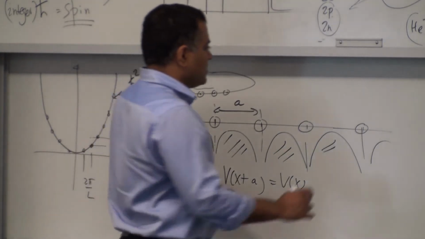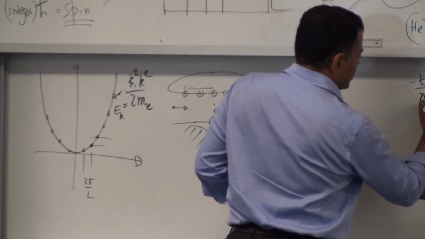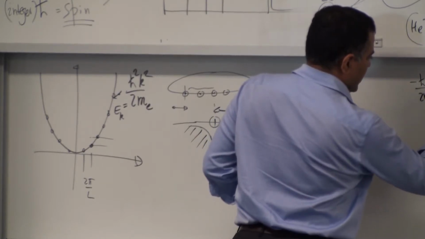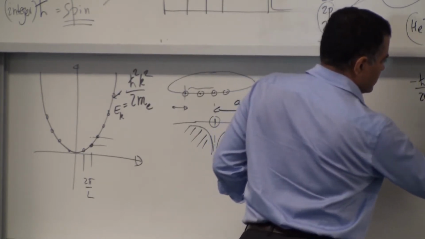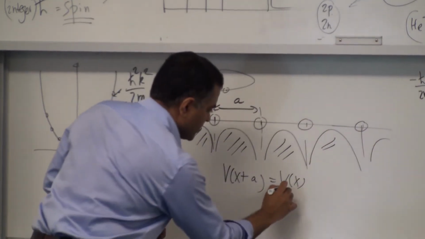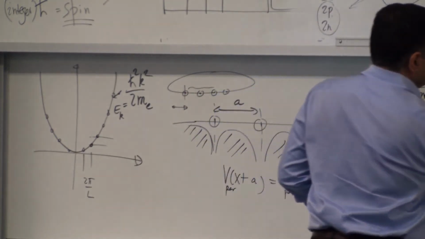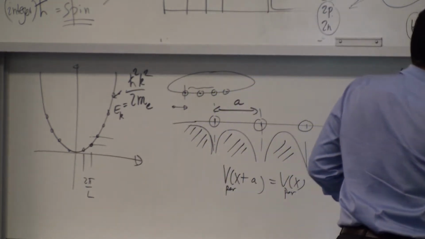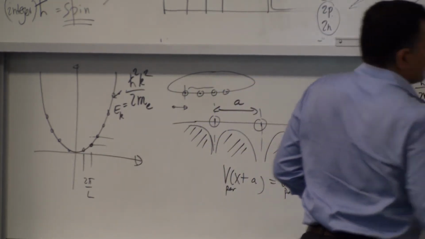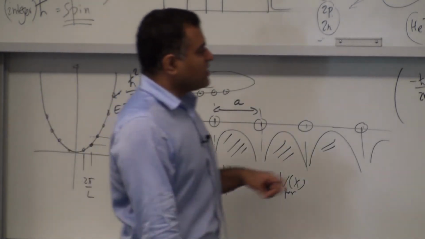In the standard way of solving the Schrodinger equation, you can go back and solve this equation now plus this periodic potential, V periodic, equals E psi of x. When you solve it, what you'll find is that not all energies are allowed.